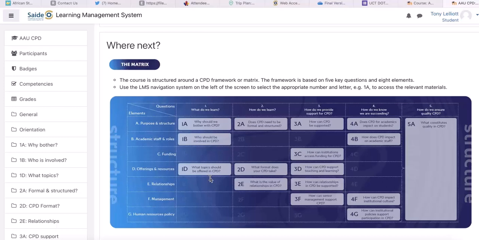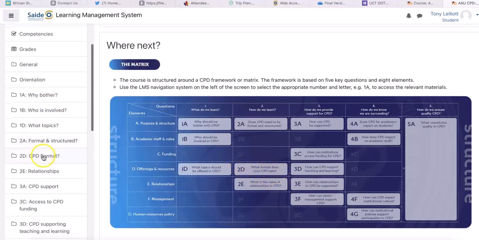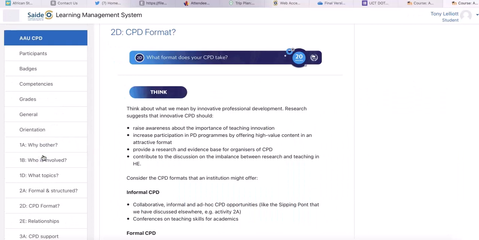Let's look at 2D. So we look at it here. What format does your CPD take? We go here, click on 2D, and it takes us through the same sort of process that we had in 1A.